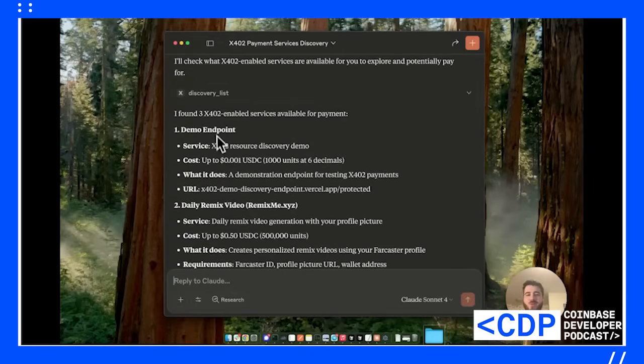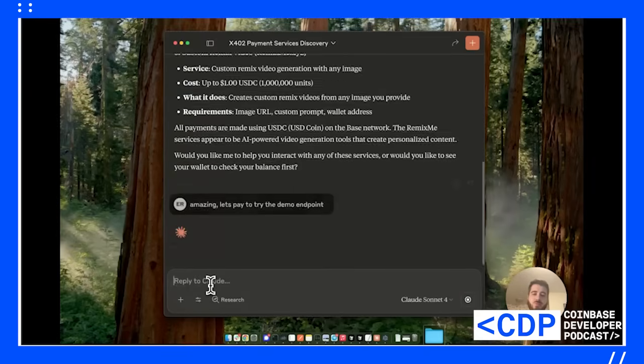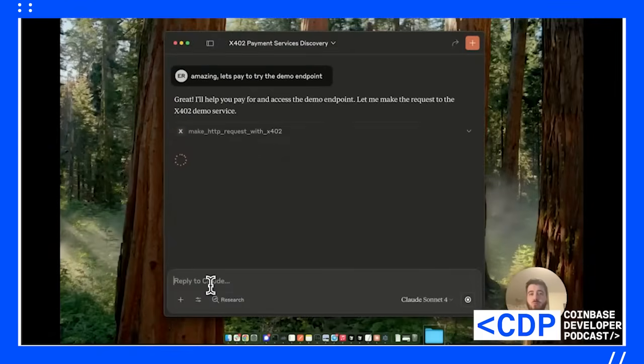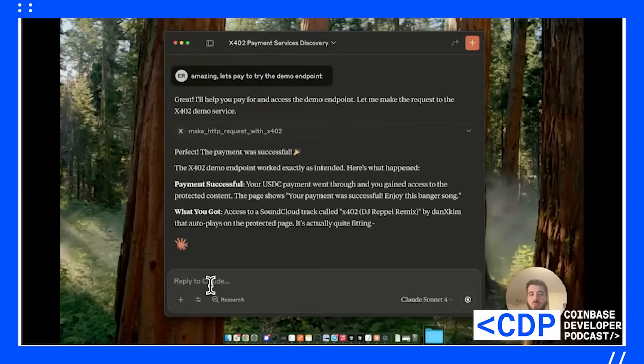Most of these cost like under $1. Is it cool if I go and buy this thing? Can I pay like a couple cents to try this demo endpoint in this case? And what it's doing now is autonomously making the payment without me needing to enter a credit card or link a bank account or anything. And it succeeded in making the payment, and it has access to that paywalled page that we showed in the